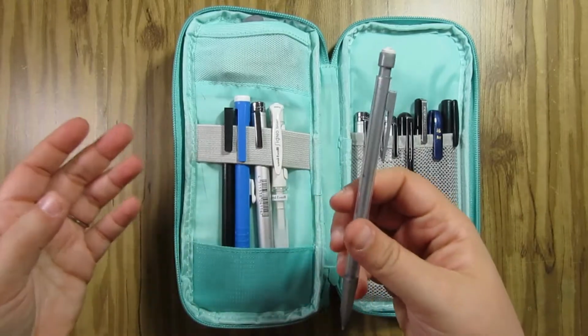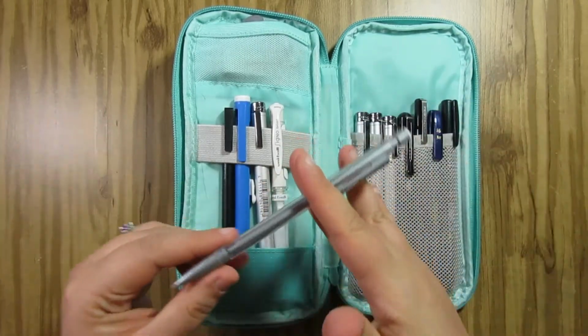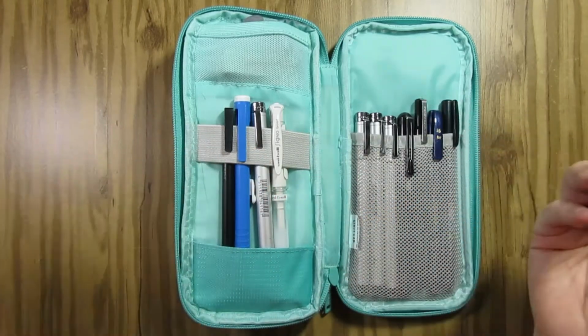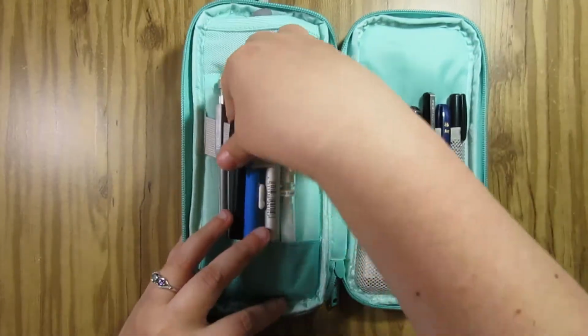I bought a pack of like 30 of these when I was in college. I still have most of them. So I do sketch with this lead the most. I like working with it, and it's easy and it's cheap. So I have these 2